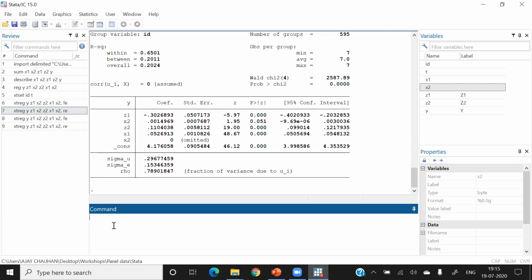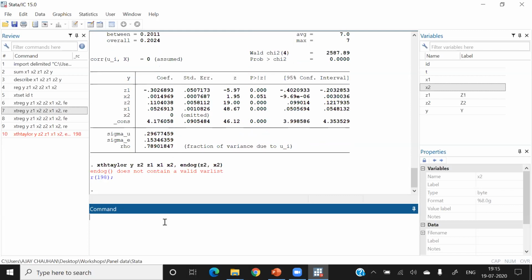So in the Hausman-Tailor model, the command is very simple: xthtaylor. So this is the command for running the Hausman-Tailor method, and Y is my dependent variable, and Z2, Z1. So this order is actually important, and then endog, Z2 and X2. So after that,